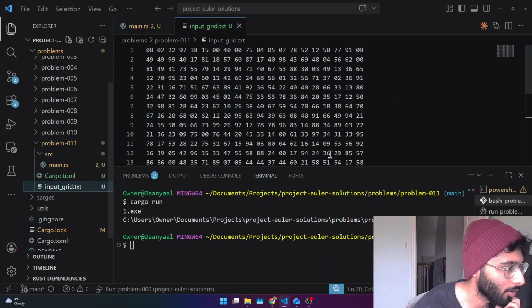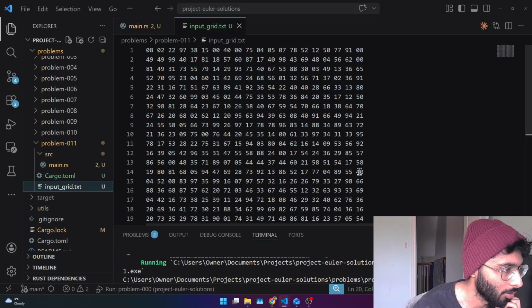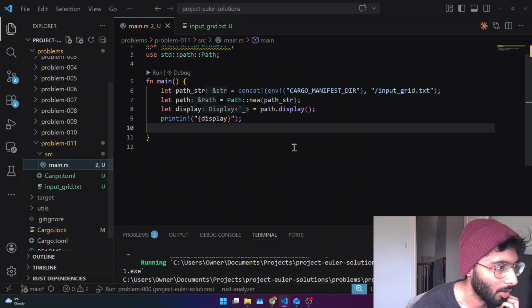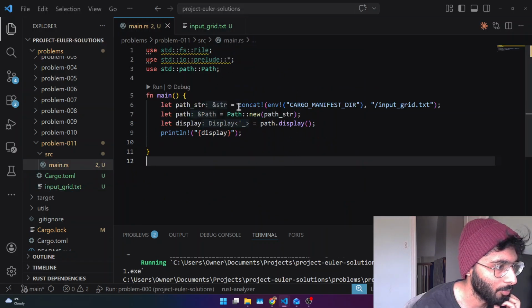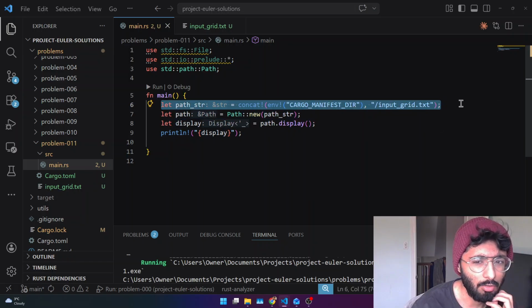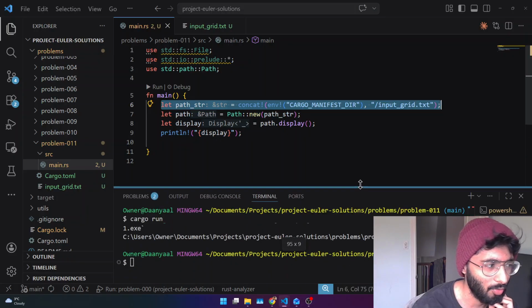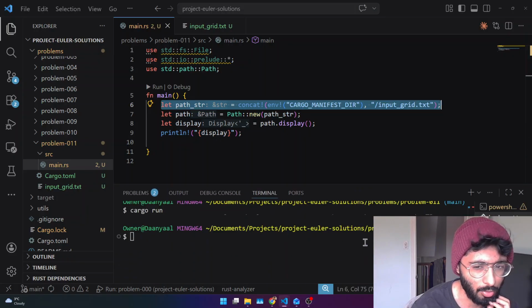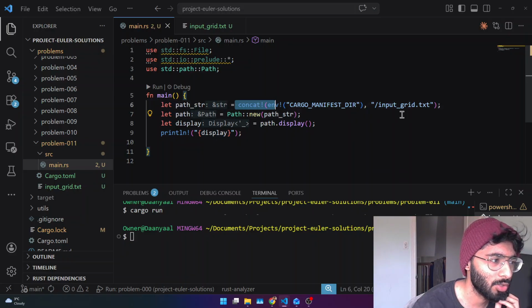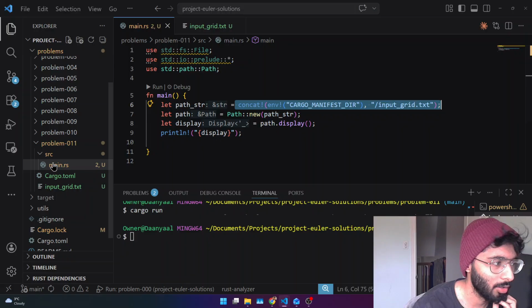I've already gone ahead and copied the grid into a text file. So we have input underscore grid here. And just to start the program, we're going to get the file path. This is really important because in Rust or like any compiled language, when you have a file path, you need to be very careful about whether the file path is relative to where you're calling the program from, or where the source file is. So this makes sure that at compile time we're fetching the file relative to